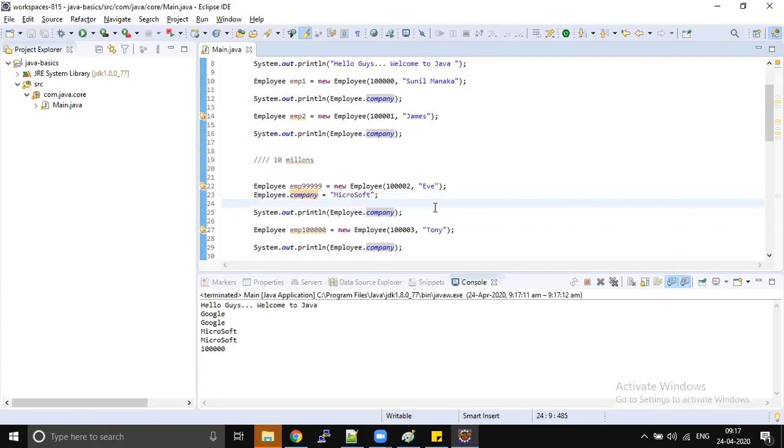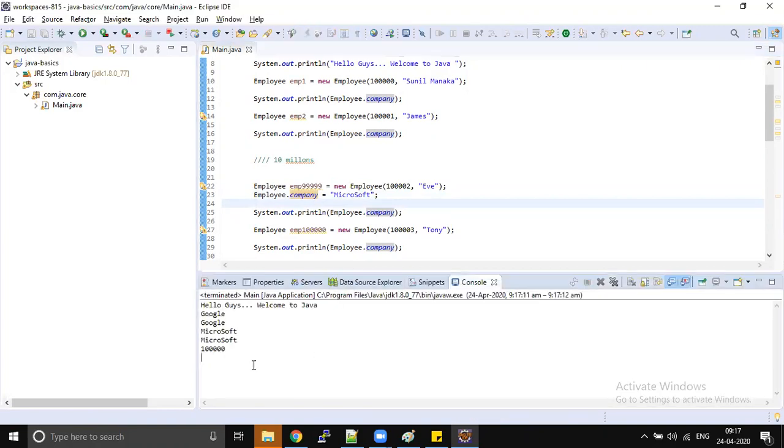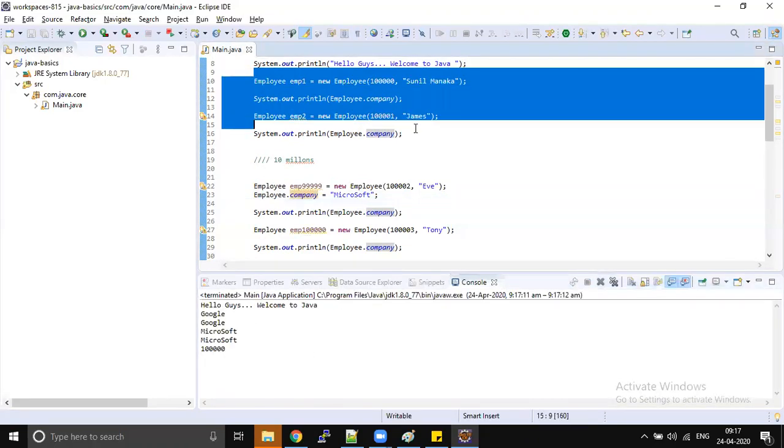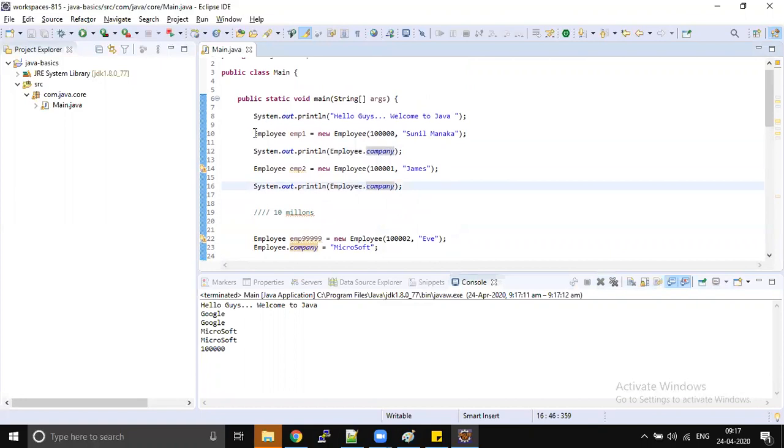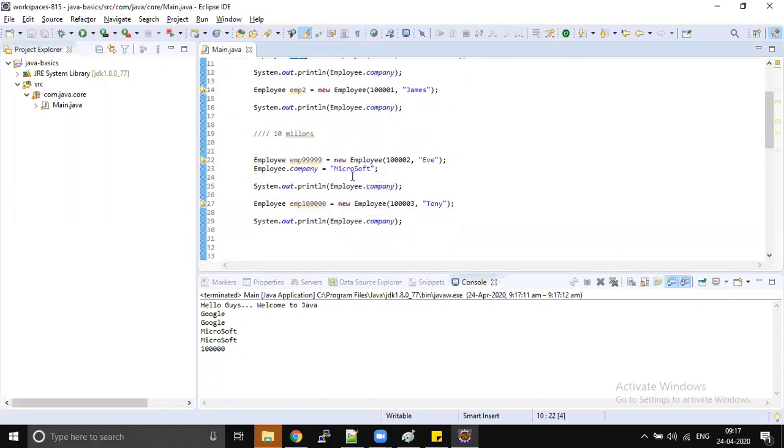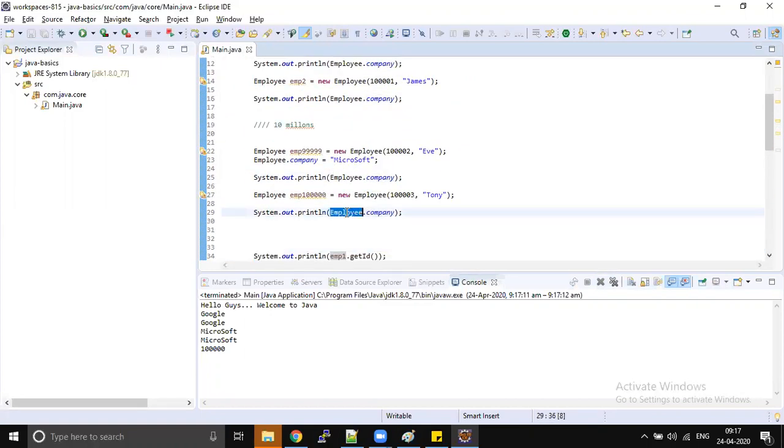I discussed all that in the case of Aadhaar card. Till now, we may have some country like India. All of a sudden, somewhere you change it to US. For all the 130 crore people, the country name will get changed. So if I'm trying to access employee one country name, try to print this reference.